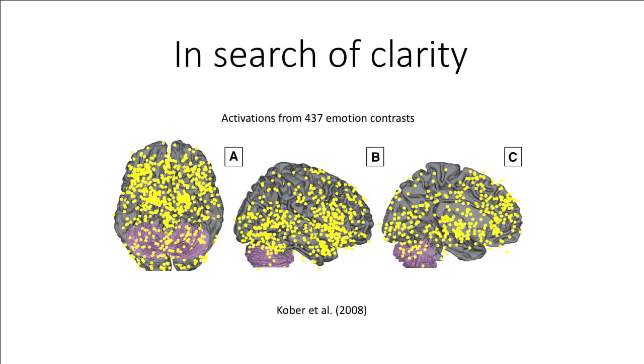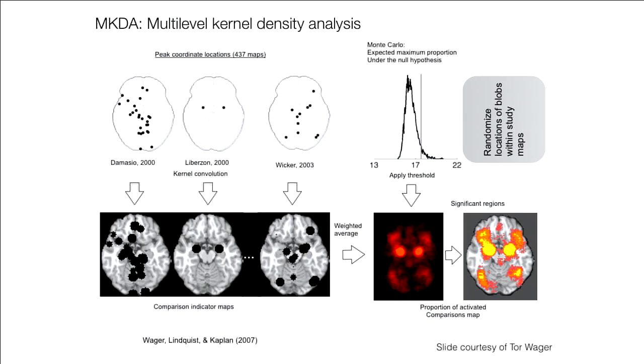But as you've already heard, there are lots of ways that you might go about trying to quantitatively synthesize this in order to make some more reasonable claim about what's going on, besides just, well, the whole brain is lit up by emotion. So you've heard about ALE and also MKDA to some degree. I'm just going to show you a little bit of MKDA, but functionally it doesn't really matter for my purposes what you're using here. The point is you start with individual maps, right?